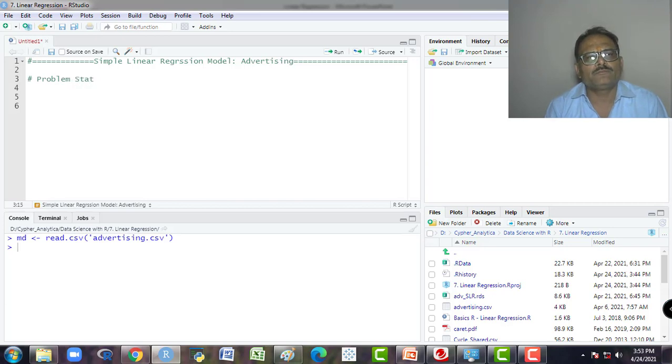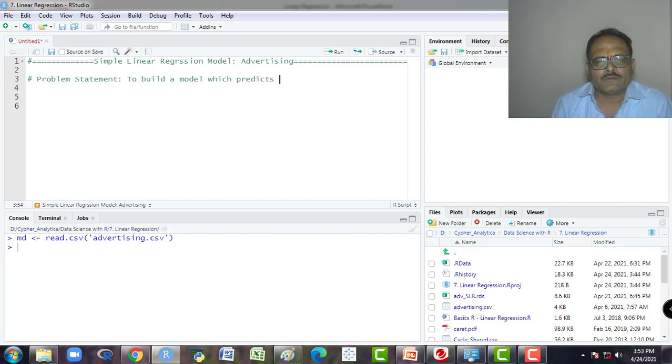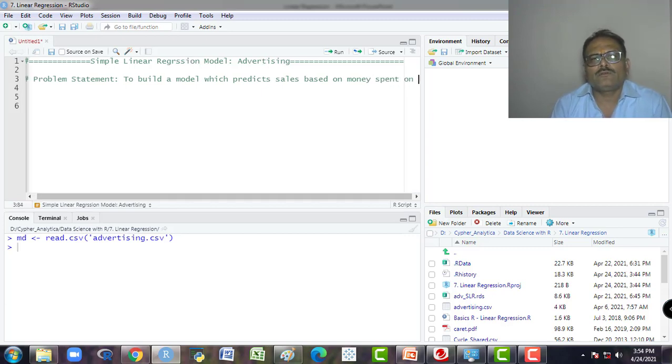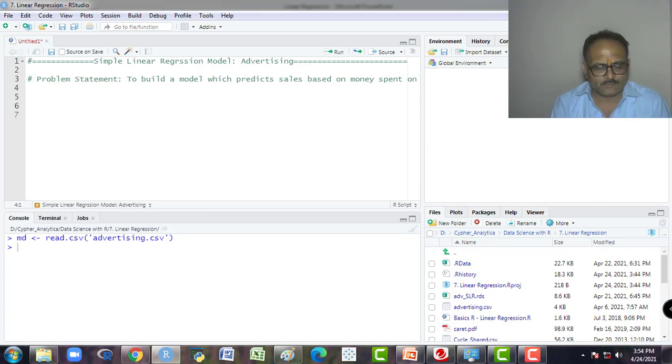The problem statement is to build a model which predicts sales based on money spent on different platforms for marketing. So let us see the data.